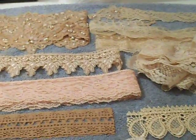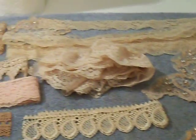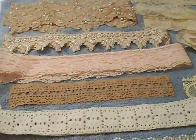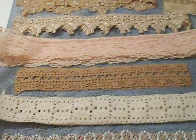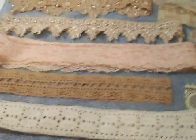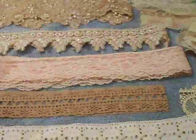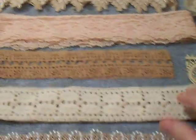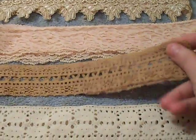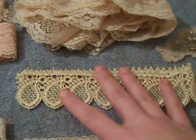Okay, so I soaked all this lace. I'll show you. For about 4 hours. And you can see different kinds of fabric. The color that you get varies. Like this one's really dark, and this was a cotton. And then if you go over here and look at this, it's a synthetic, and it's a little bit lighter,